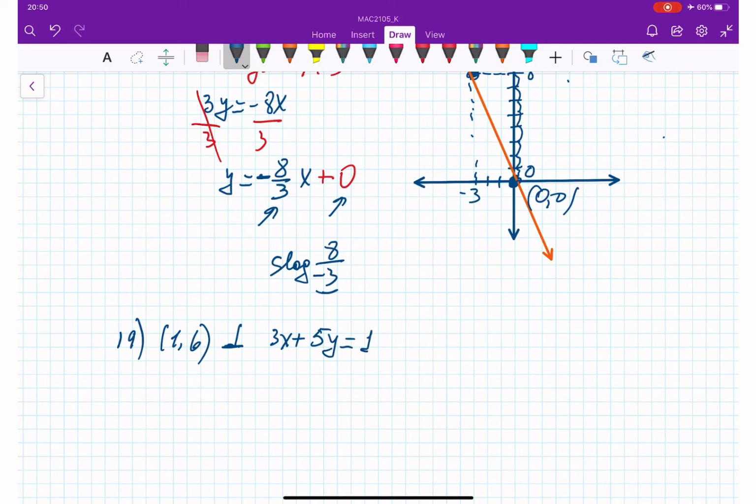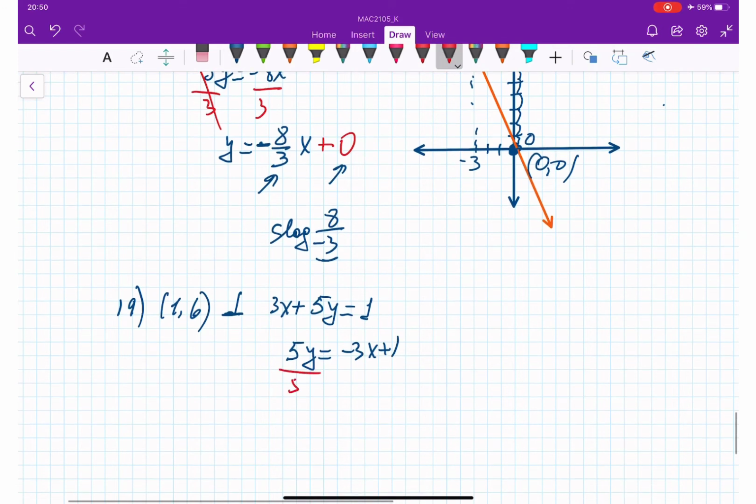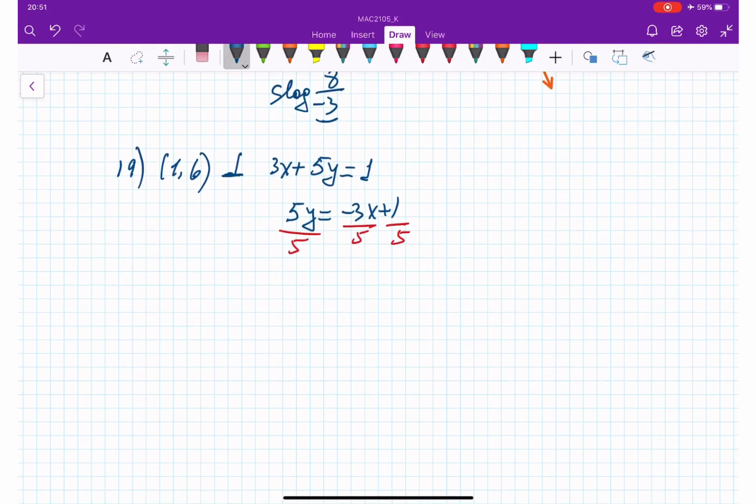So first of all, let's write down this equation in the form of mx plus b, which means 5y is equal negative 3x plus 1. We divide by 5 here, here, and here, and we are getting y is equal negative 3 over 5x plus 1 over 5, where negative 3 over 5 is going to be our slope, right? Since we have perpendicular, for the other equation,